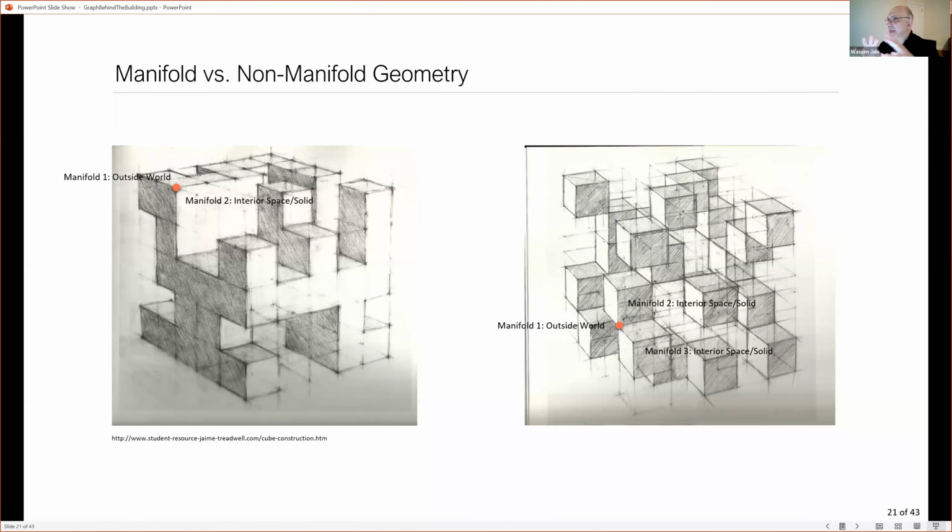If you look at the CAD kernels, as we call them, the engines that are underneath, many of the different CAD systems have the same engines underneath. They are usually classed into either manifold engines or non-manifold engines. So we chose a non-manifold engine called Open Cascade, which also happens to be free and open source, which serves our purposes. And it is able to represent the geometry the right way as we have discussed before. We wanted the geometry to be non-manifold because we needed to do some work with that.